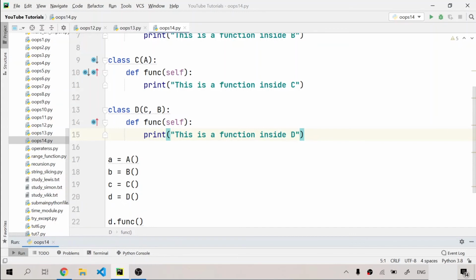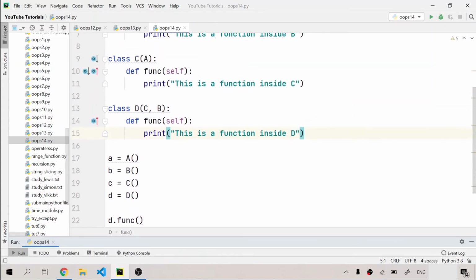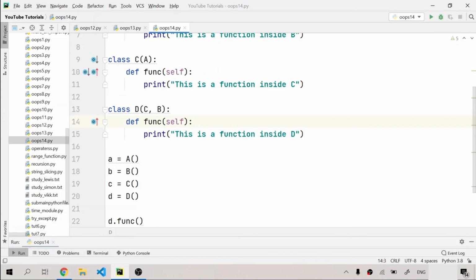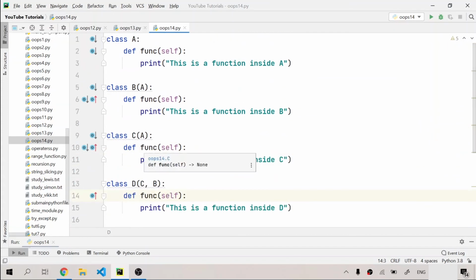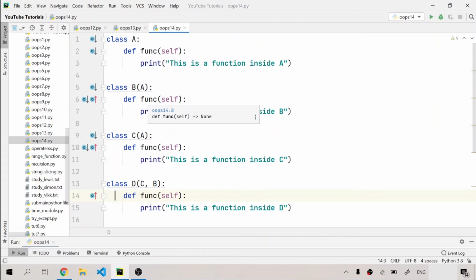So I hope, guys, that you understood how we can use functions inside these classes using multiple inheritance, and what this diamond shape problem is and how we can use it. Now in many programming languages, like C++ and Java, they ask us this multiple inheritance problem, that is the diamond shape problem. Basically in Java multiple inheritance is not possible, in C++ it becomes a headache, and in Python you can do this multiple inheritance very easily.